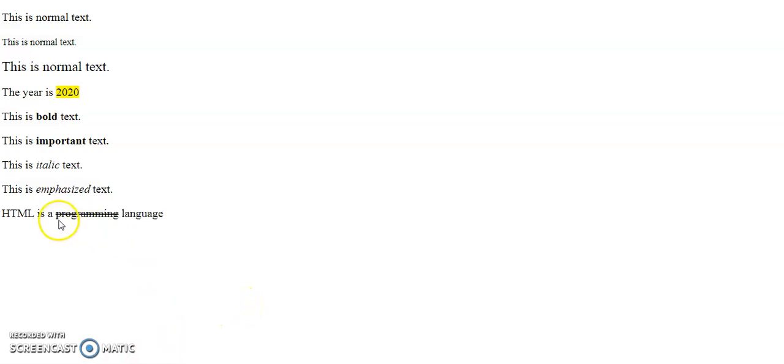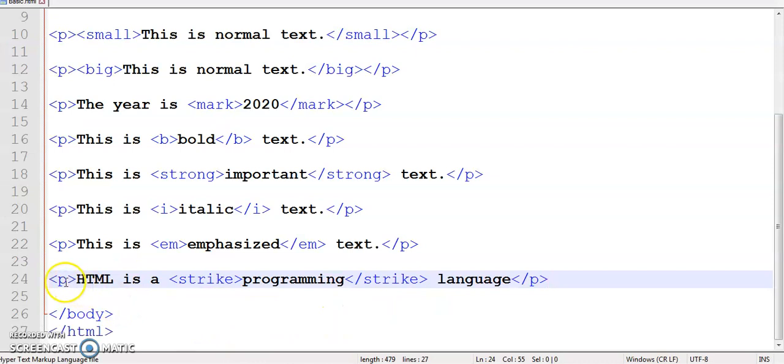So as you can see, the horizontal line is placed over this word, but this strike tag is obsolete from HTML5. You can use the del element instead if it represents deleted content. The del element defines the text that has been deleted from a document. Browsers will visually strike a line through the deleted text. So let's apply this.